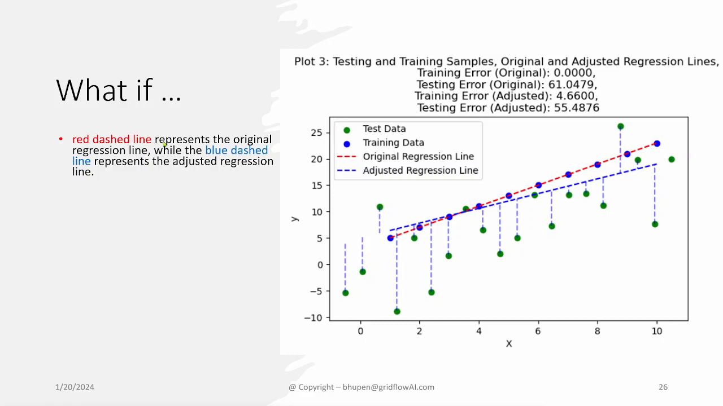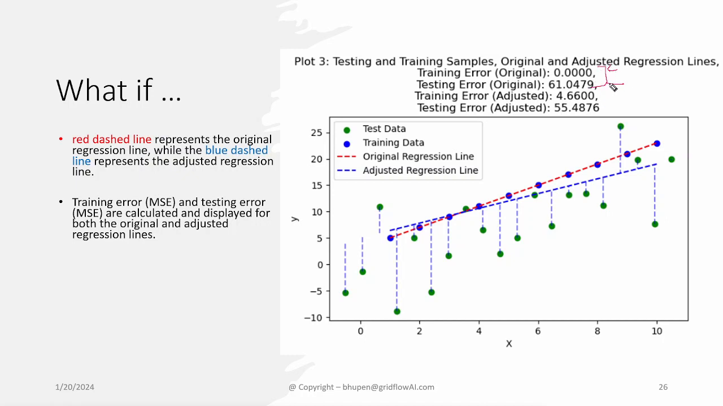So red dashed line represents the original regression line that I showed you in the previous slide, and the blue dashed line represents the regularized model. How situations change with this, let's take a look at it. So initially, with the baseline model, you have 0 training error and a high testing error. With the regularized model, you are compromising with some training error, but at the same time, the testing error is somewhat